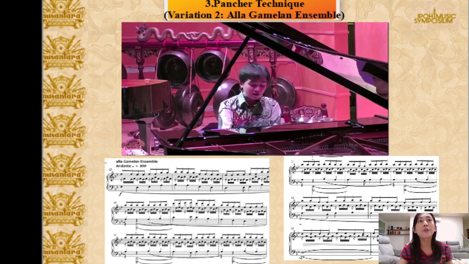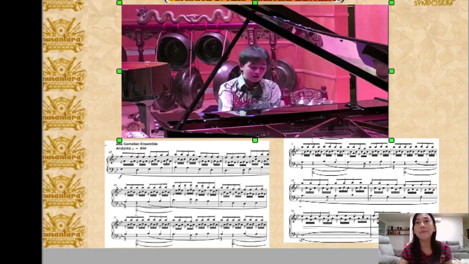The recurring notes form the vibrating and sustaining sound of gamelan. As you can see from the score, you see a lot of semiquavers recurring in every bar, with the melody hanging from them in the bass. So it creates a kind of resonating sound. Let's listen to this clip.